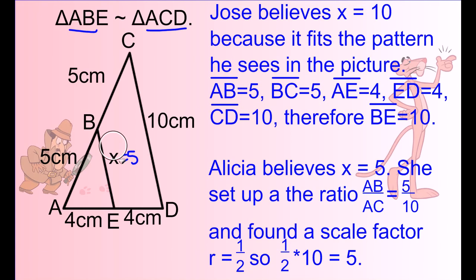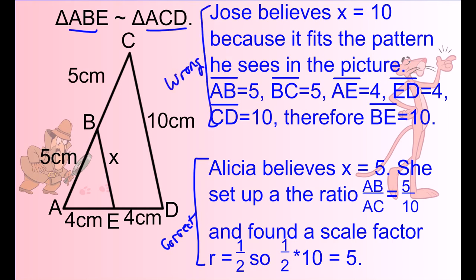Okay, so hopefully you found that Alicia is correct and Jose is wrong. Now, first off, why is Alicia correct? Well, Alicia's correct because if you set up this ratio AB to AC, the small triangle to the big triangle,